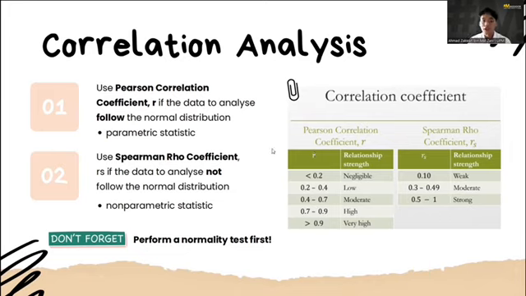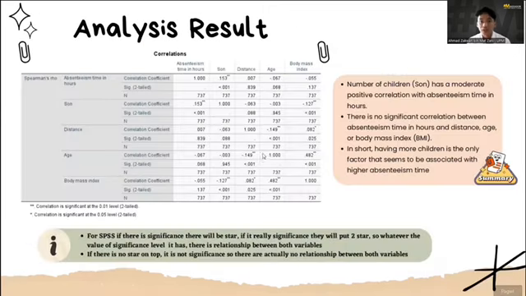So to decide, we must perform a normality test first to decide to use between these two, and this the value of this correlation coefficient. We look here, different value. So for the analysis result for this analysis of absenteeism,